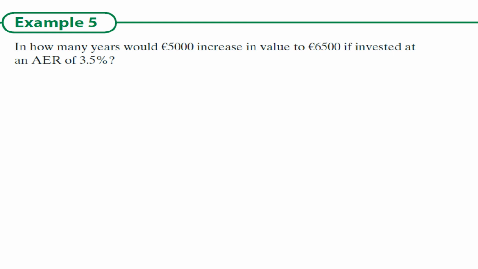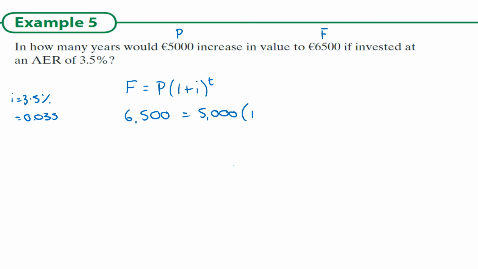So how many years would 5,000 increase in value to 6,500 if invested at an AER of 3.5%? So here I'm going to use the future value formula. It actually doesn't matter which one you use. Remember, it's the same formula, it's just been rearranged. The reason I've chosen to use this one rather than the fraction is because we don't have a fraction. Simple as that, but both would work. This is what we currently have. This is the F. I is 3.5%, which turns to 0.035. So we have 6,500 is equal to 5,000 times 1 plus